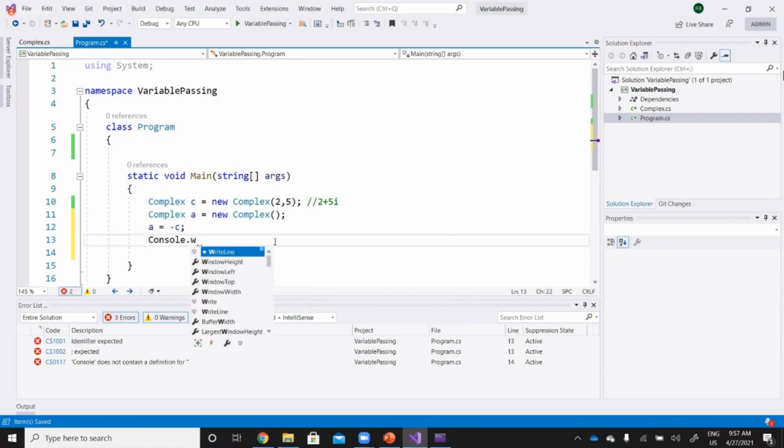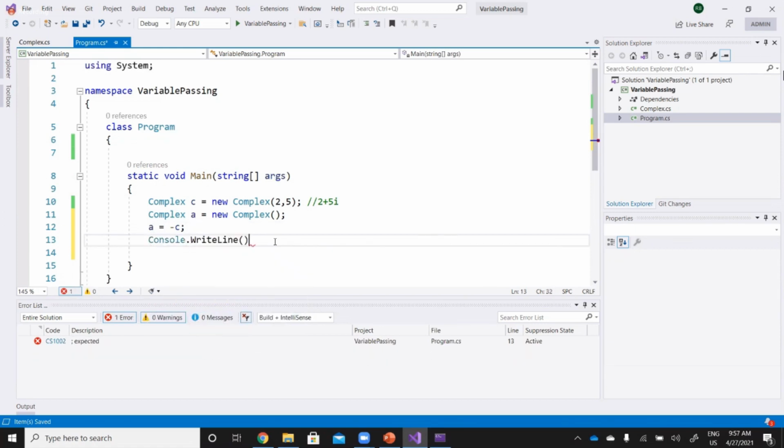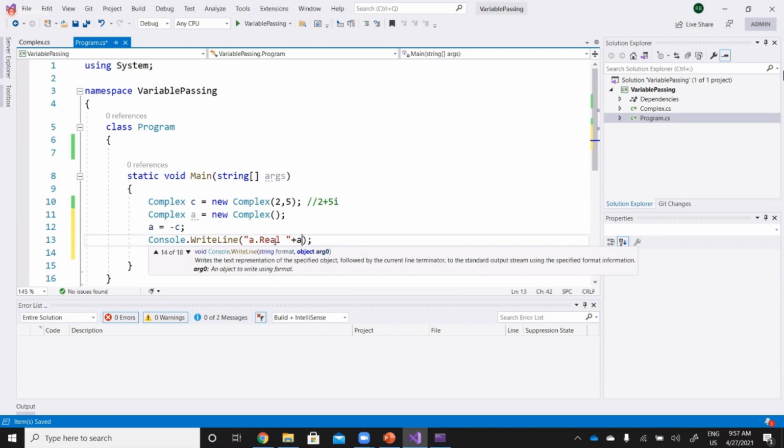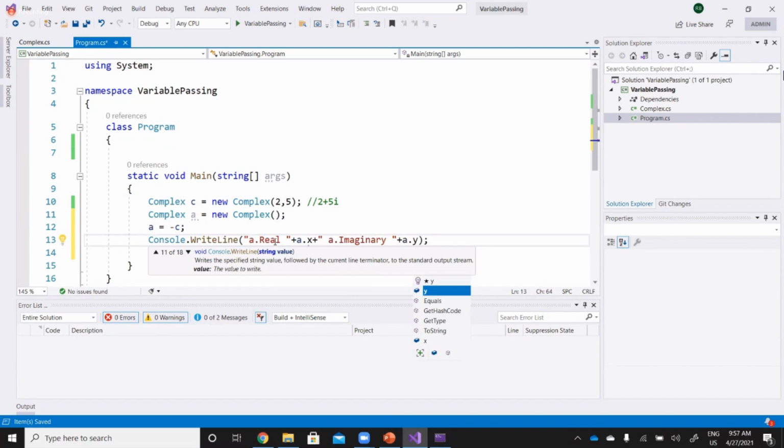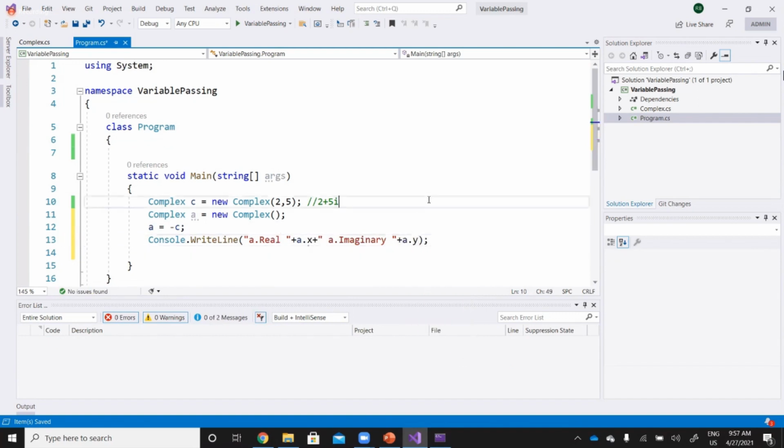Console dot write line, A dot real is A dot x, and here A dot imaginary plus A dot y. There you go, right?